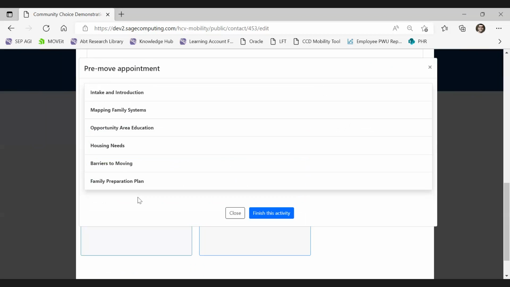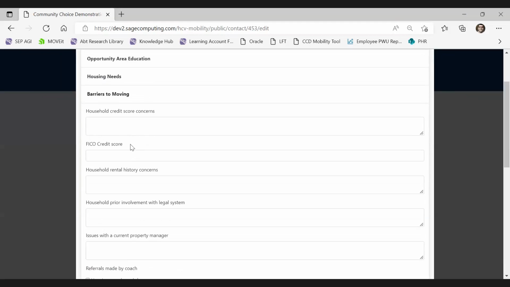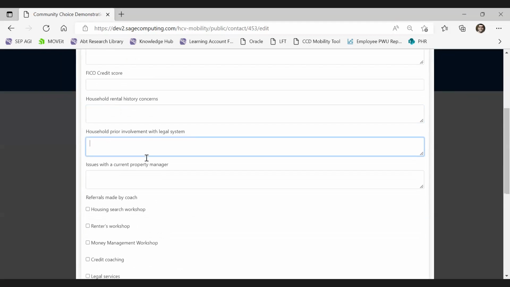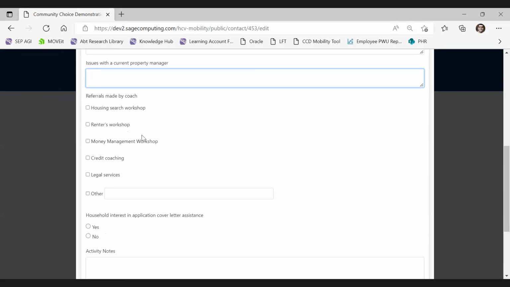Clicking save, you can go to the barriers to moving section, and you can fill out the following fields if the household has any credit score concerns, rental history concerns, prior involvement with the legal system, issues with the current property owner or manager, and any referrals you make as a coach.